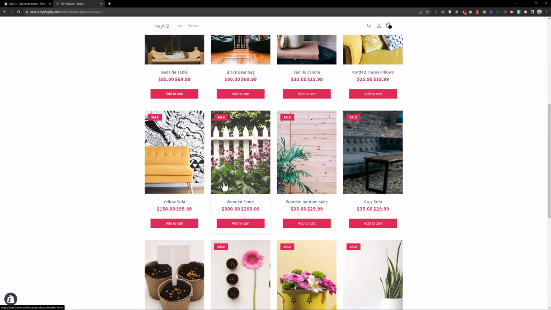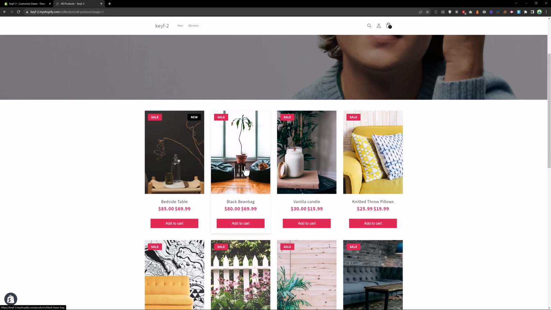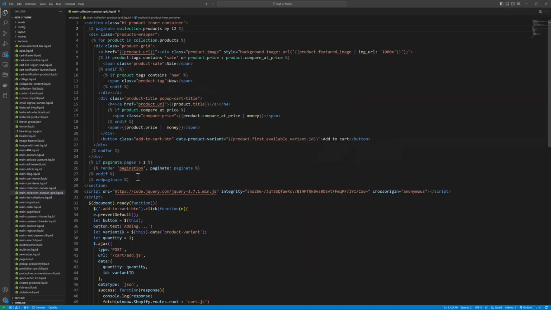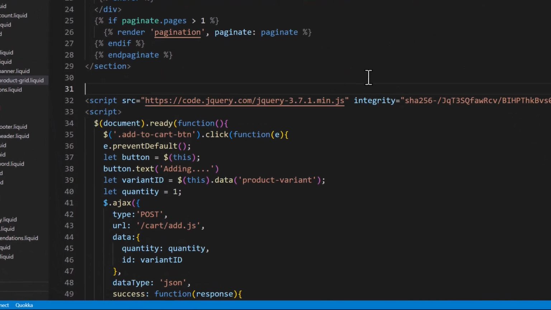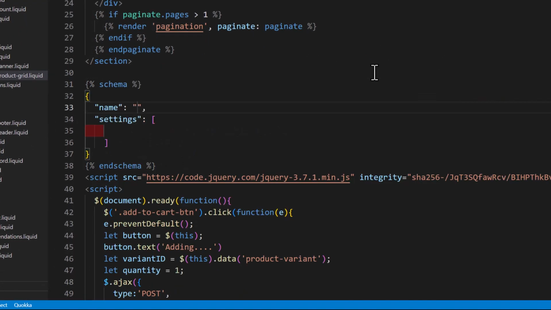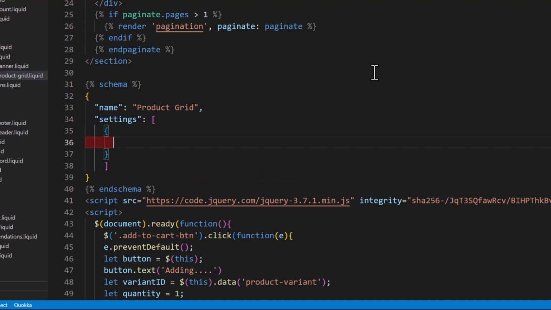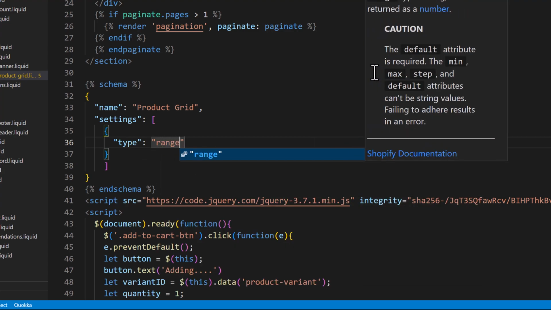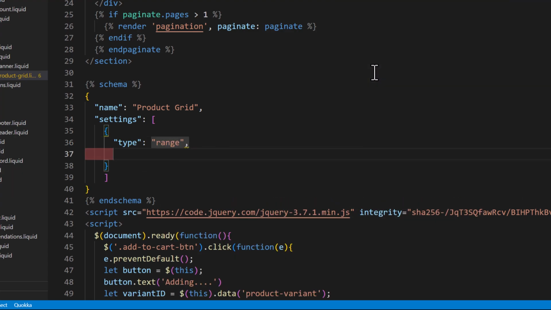So how we can give the ability to merchants so they can control this from the backend. So let's query some schema. We type schema and the name of the section product grid, and in the setting we need to define an object. Type page, comma, ID, products